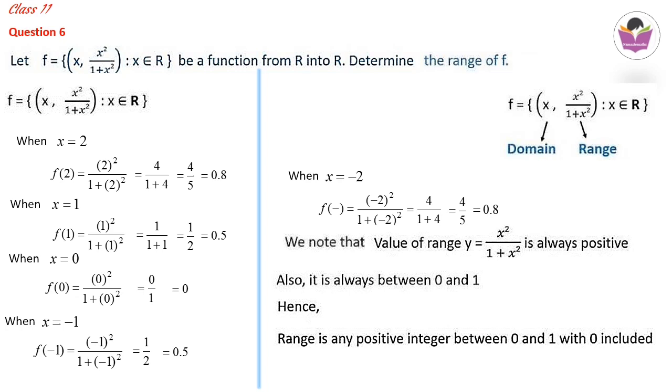That means the range is any positive number between 0 and 1 with 0 included. So 0 we have got, that's why. So our outcome will be between 0 and 1, and 0 is included, but 1 is not included because so far we didn't get any 1 here. And it's all positive numbers. That is our range. So range is equal to close bracket 0, 1, and then you have to close it with open bracket. So 0 is included but 1 is not included because we didn't get so far any 1 here. So that is range of f is equal to [0, 1).